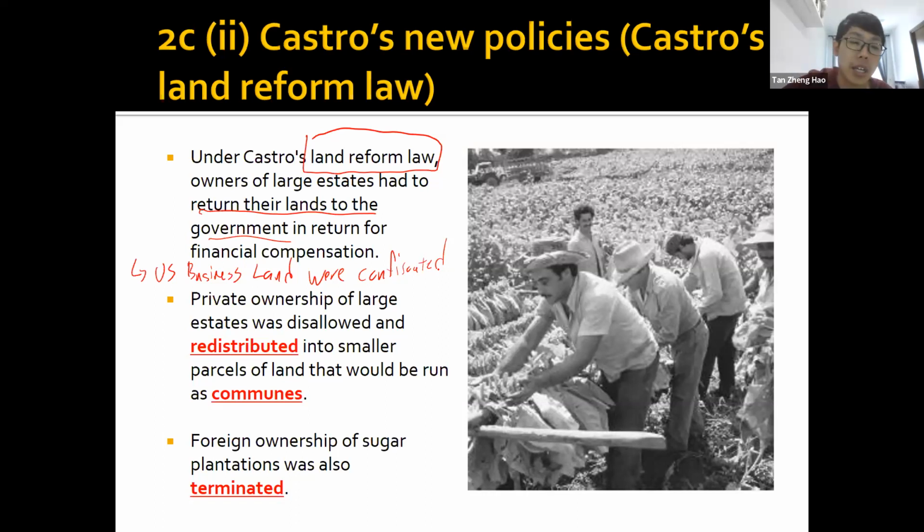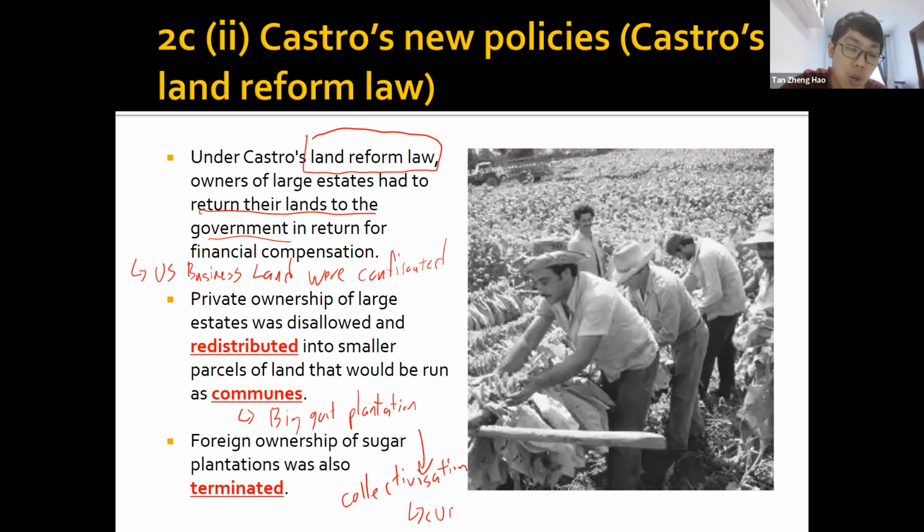And they created these things called communes. A commune is basically, like we learned in the USSR under Stalin, like a big government plantation, or farm, if you will. So basically everything is going to be run by the government. And this idea looks very familiar, maybe to some of you. It is basically a version of collectivization, which was Stalin's policy in the USSR.